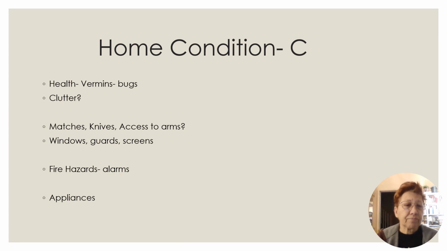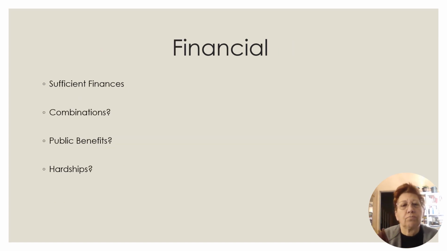Okay, next slide. Financial. Sufficient finances, a combination. By combination I mean they have a job and they're also getting public benefits. You never know. It could be food stamps, maybe it's Section 8 and they're getting checks, or someone in the home might even have Social Security. We don't know. You want to know about all these combinations, because if there's not enough funds for them to live properly, we could help them with that. Okay.